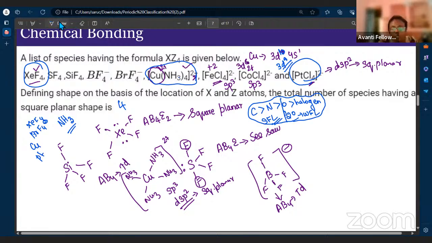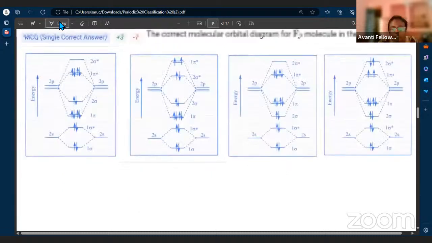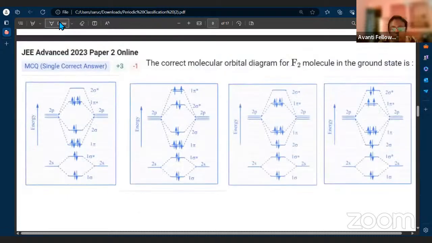Okay, moving to the next question. The correct molecular diagram for F2 molecule in the ground state. It is an MCQ, single correct answer, which was asked last year. So which will be the correct orbital diagram for F2 molecule? So we know that in MOT,